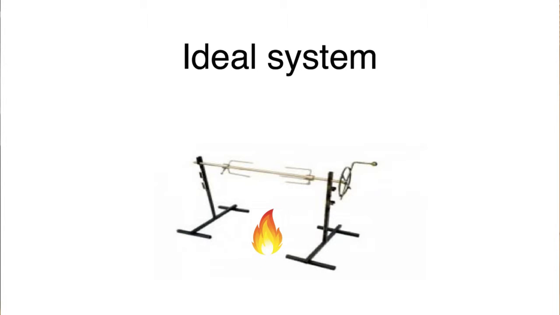Why is it not ideal? Because it can work without food, it can work without fire. If you program it, it still can rotate. Ideally, it is able to rotate only when there is a fire on. Okay, so let's make a picture of this ideal system. Let us imagine a fire, this fire, and when there is a lot of fire, the fire somehow makes the grill rotate. And this is a picture, this is ideality.